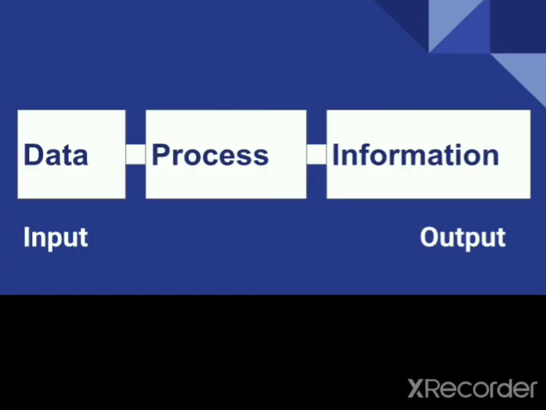So this is a typical flow chart diagram, that is data. For entering data in a computer, we require input devices. For process, we require the CPU, that is for processing in a computer. In the CPU many things can be done, like arithmetic operations, addition, subtraction, or logical operations like conditions. Information means the final result that we get.